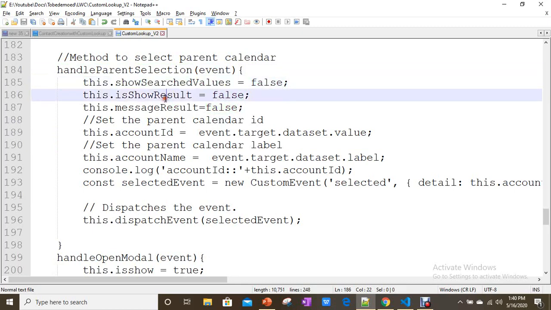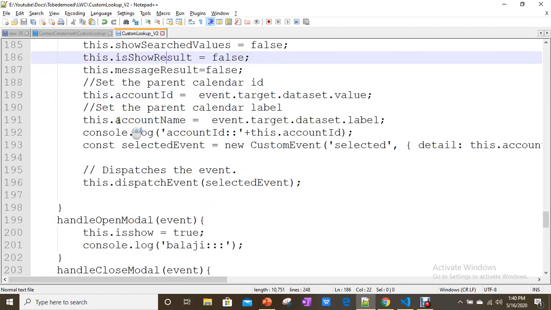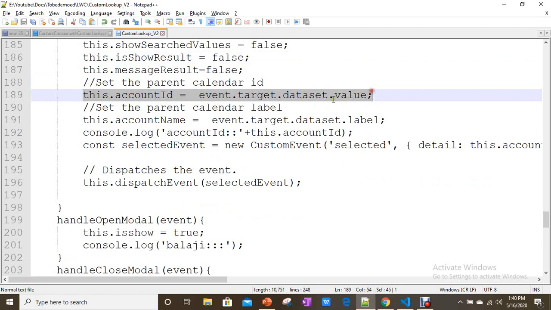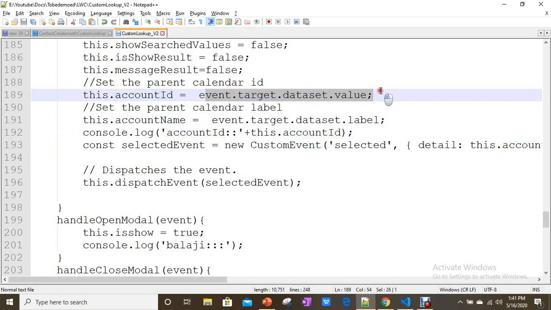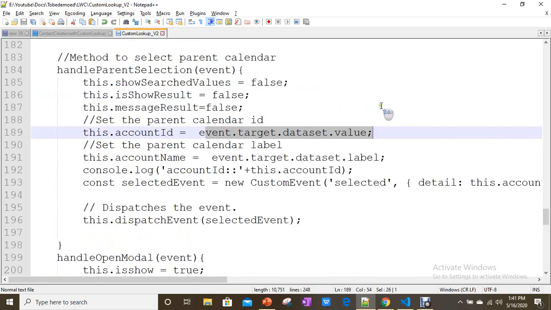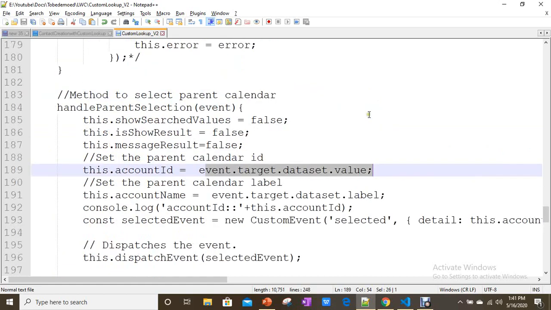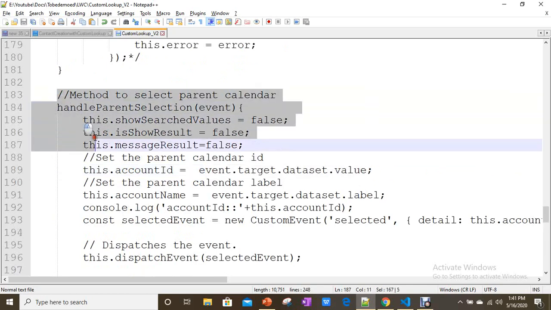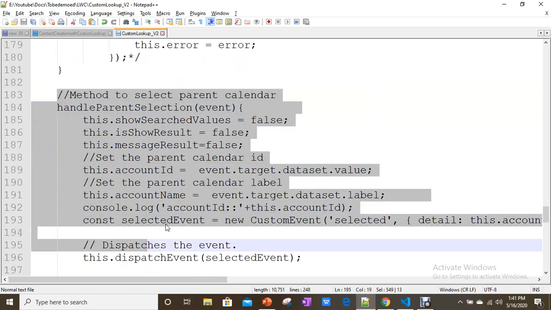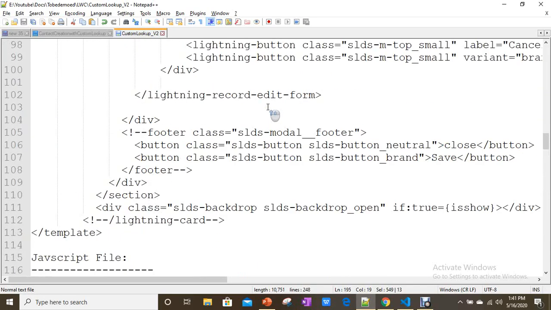It assigns the value, it assigns the account ID to the account ID property through this event target dot dataset value. Okay, how it will happen, we'll see. Before we define this, I'll show how we are going to do the HTML. After that we'll come back here.